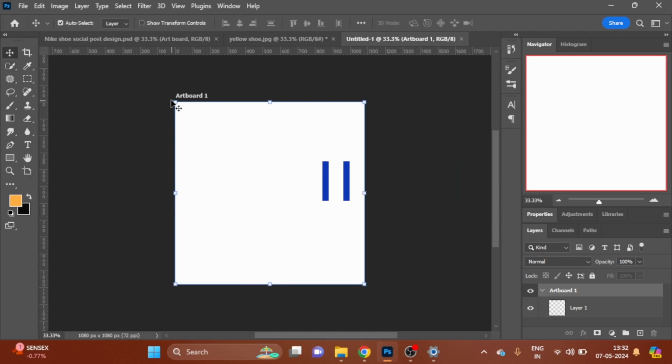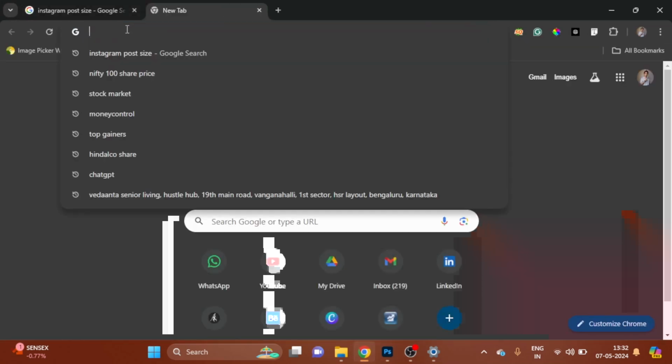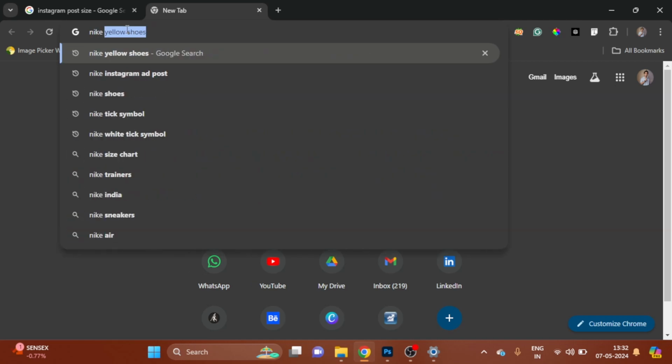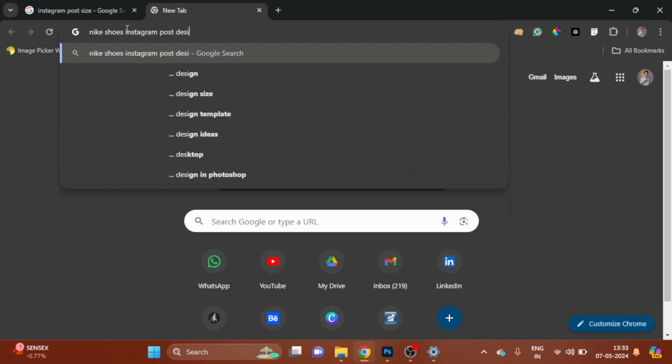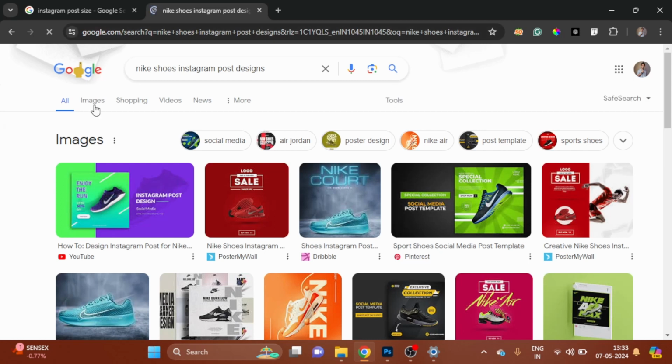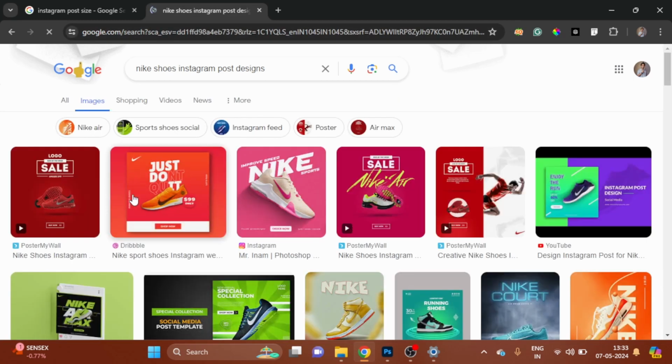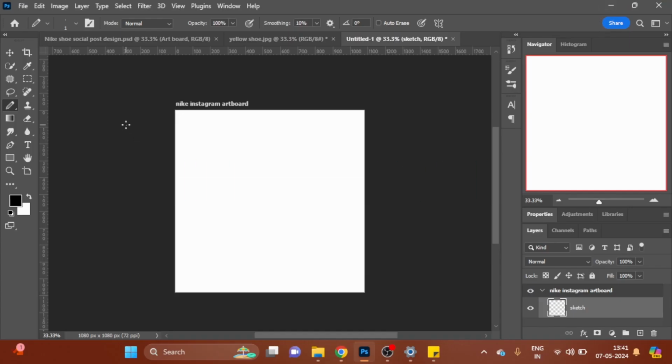So before we dive into this playground, I just want to do some research. Research like going to Google Chrome and typing various other designs like Nike shoes, Instagram post designs. This way you'll come to know how others are working on it. Like here are some examples. So after doing your little research works here, I'm going to come back to my artboard, plain white artboard,